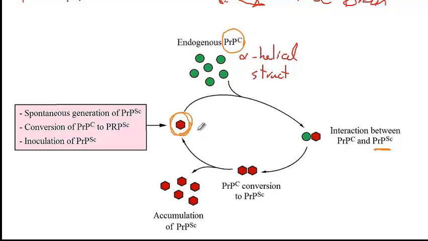And so that's the reason that if a human consumes meat products that already contain this PrPSc protein, they can now have the infectious prion that will increase in number and cause spongiform encephalopathy,